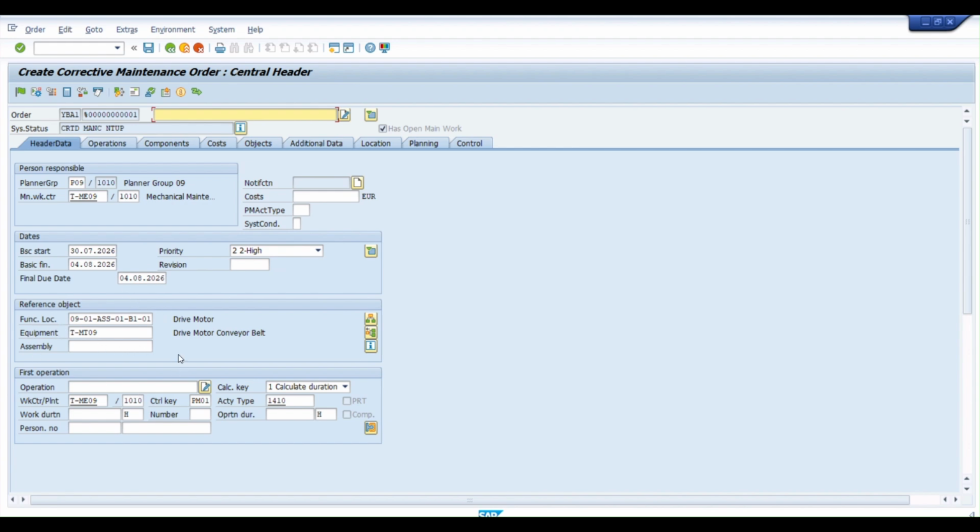And then this is your technical object, function location, equipment. Okay, and assembly. We generally do not use assembly in plant maintenance. Okay, so function location and equipment are the most important technical objects over here. So this equipment we have taken, so that's why this function location is coming. Because this equipment has been installed on this function location. That's why. And now this is your first operation screen, so you can always see the first operation detail over